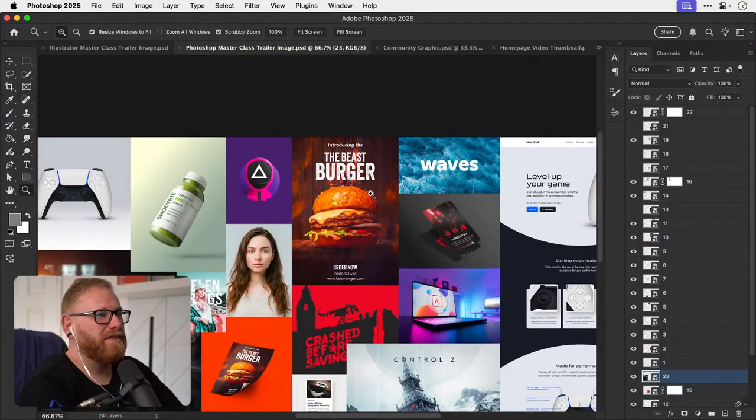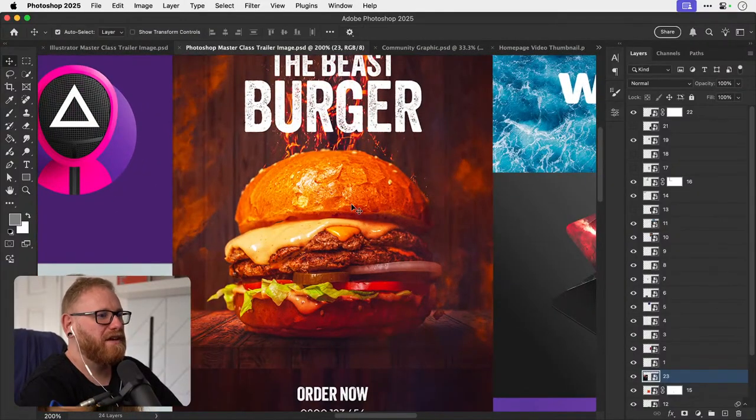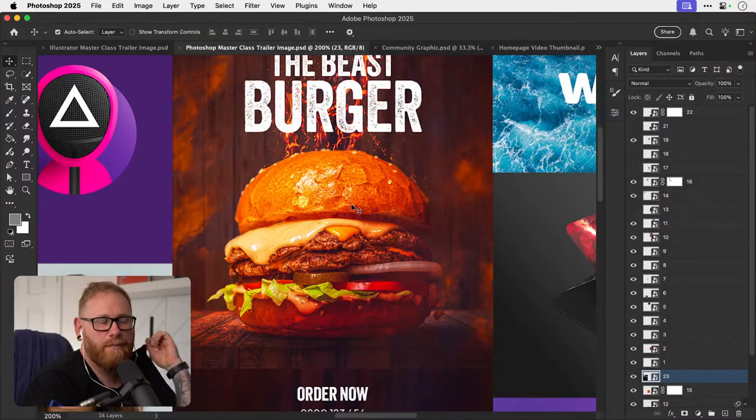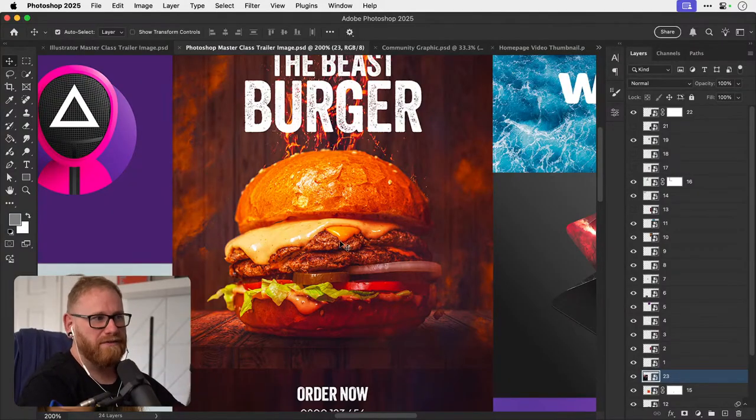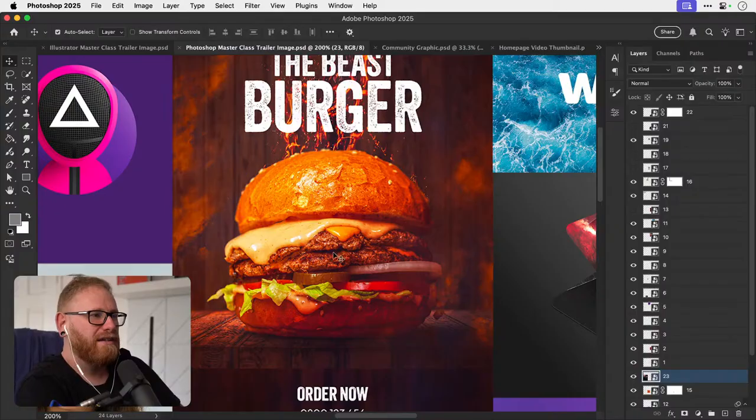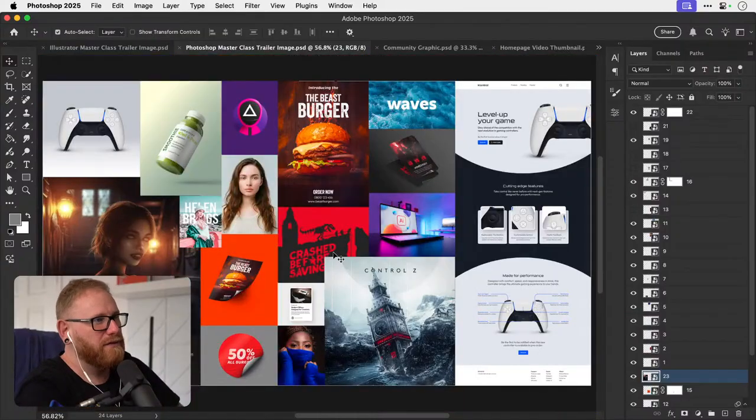Yeah, see, the burger one's a good one. I think most of the design work I've reviewed that features like a product, like a burger, or we've done actually quite a few in the streams, all of those designs would benefit from this lesson, because this burger photo originally, it's a nice photo, but it does not look appetizing. It's like a raw photo straight out of the camera. It does not look warm, contrasty, delicious, sexy, rich in flavor, beefalicious.